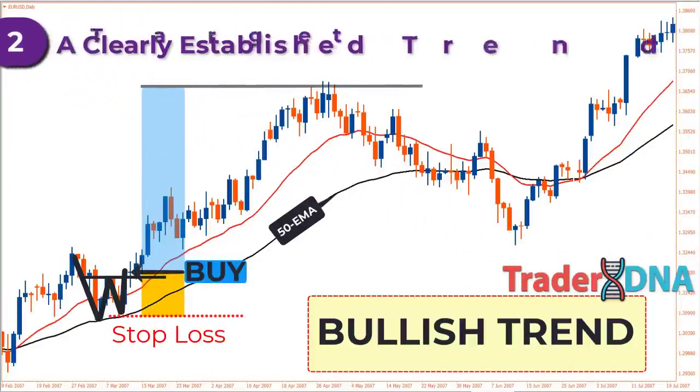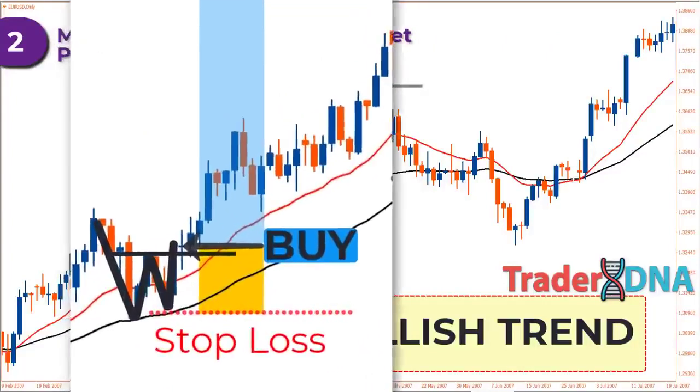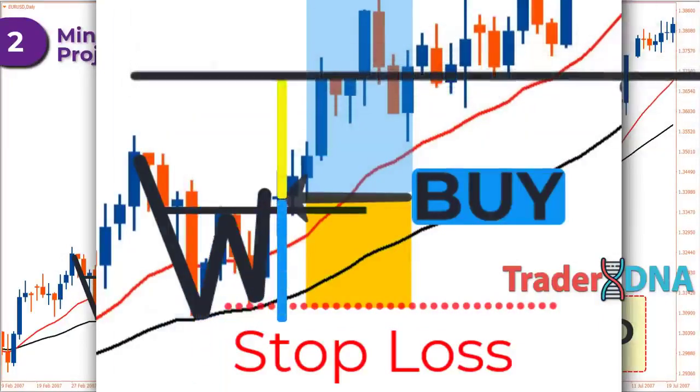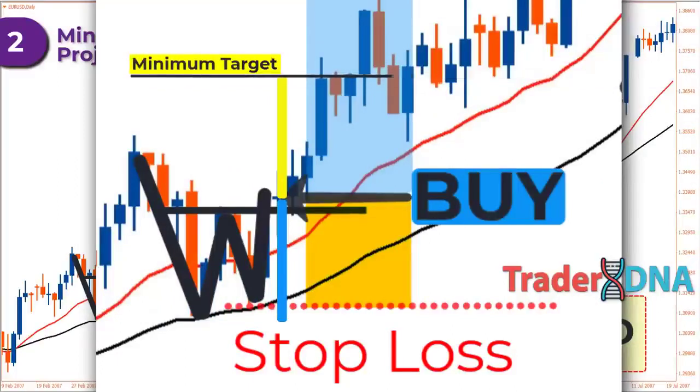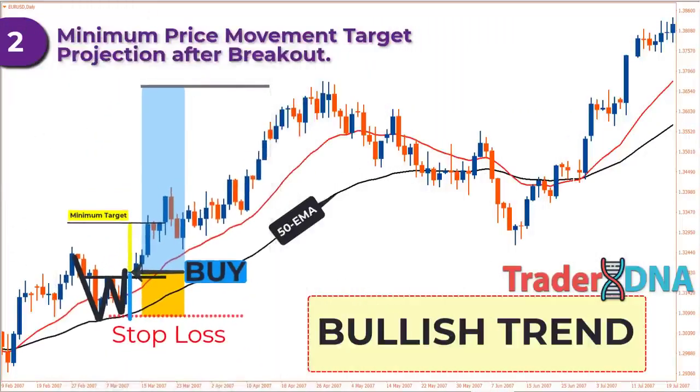Second, minimum price movement target projection after breakout. How do you project the minimum target price movement after a breakout? The answer is, as shown in this chart, you can project the potential minimum target for a price increase in a double bottom pattern if the breakout is confirmed by measuring the distance between the lowest point of the double bottom and the closing price of the breakout candle. This is one of the most important rules in trading double top and double bottom patterns, determining the minimum target